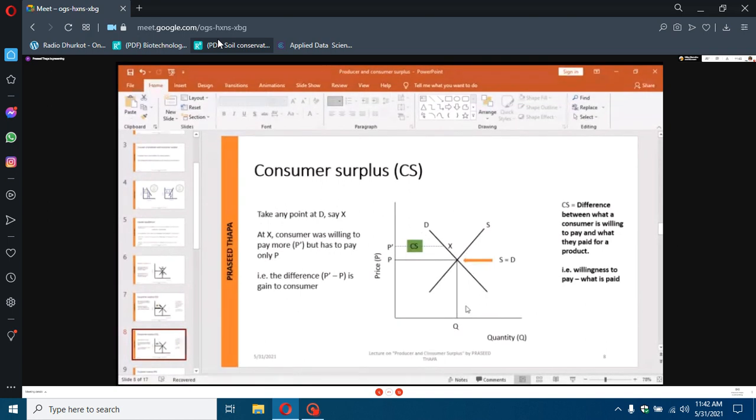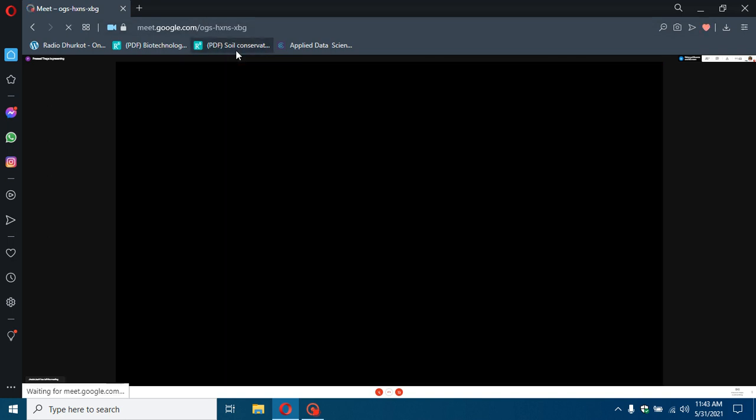Okay, now let me take you to the next curve again. Now, let us take any point on the demand curve. Let us say any point on the demand curve be x. Suppose we took some point on the demand curve. So at the time when you draw the perpendicular line towards the vertical axis, then your equilibrium price will not be P now. Now your price will be P dash. It is higher than that of the P. Okay? Earlier, at the 50 rupees equilibrium condition, the demand and